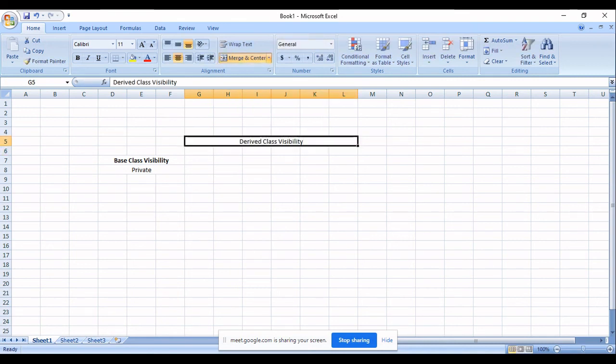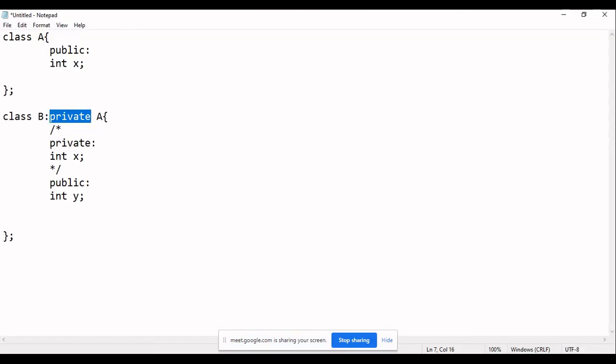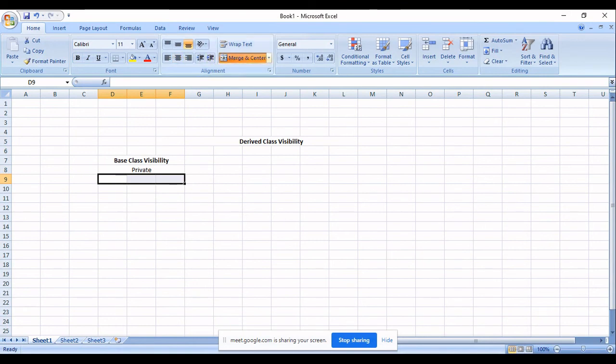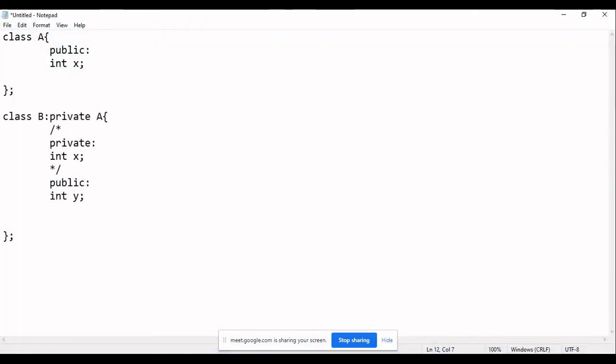So this is our derived class visibility. I meant this: the same X is under what kind of access specifier, whether private or public. So we will write for private and public first. And even this derived class visibility depends on how you are deriving it. Are you deriving it privately or as public? So it means this keyword in the beginning of the derived class.